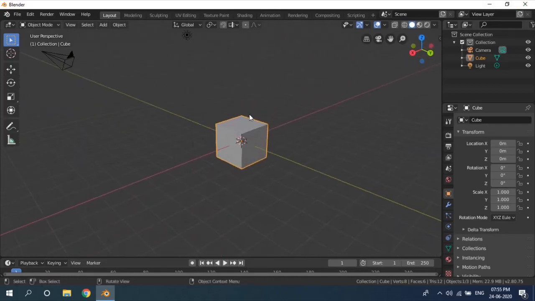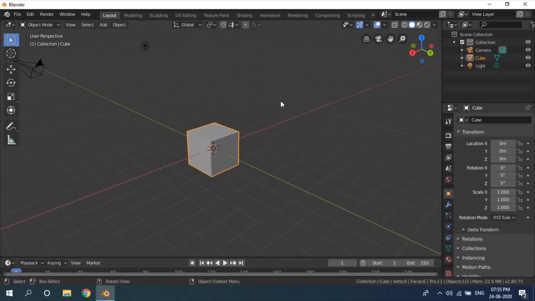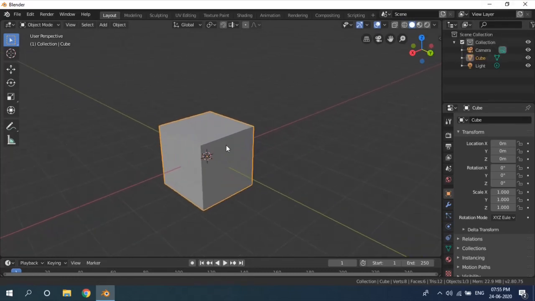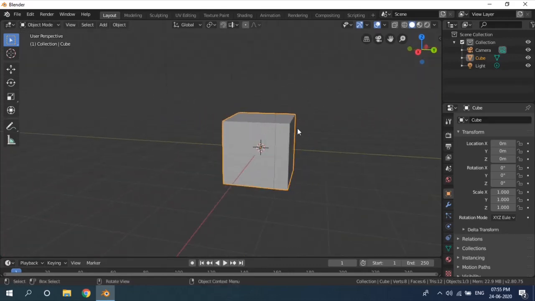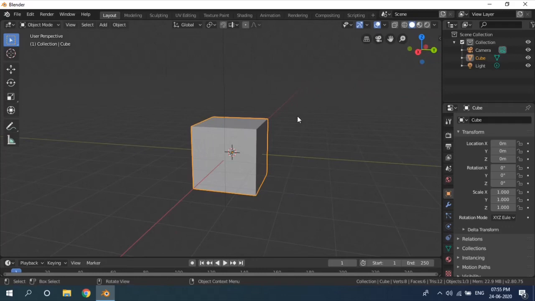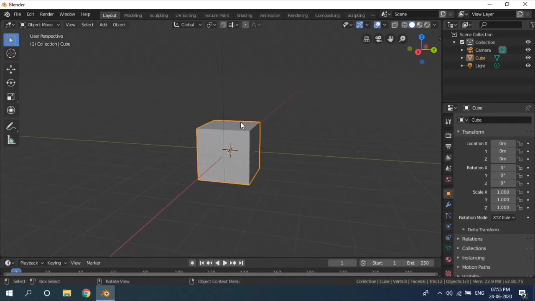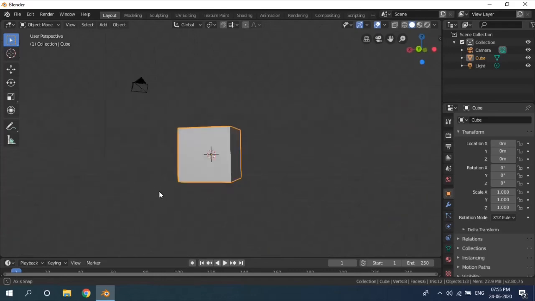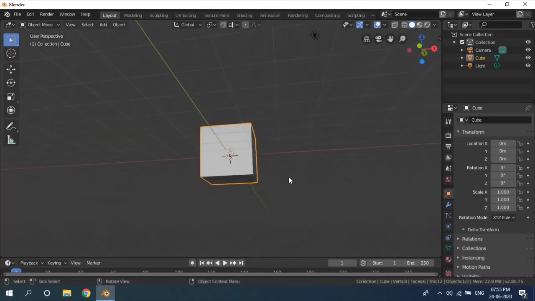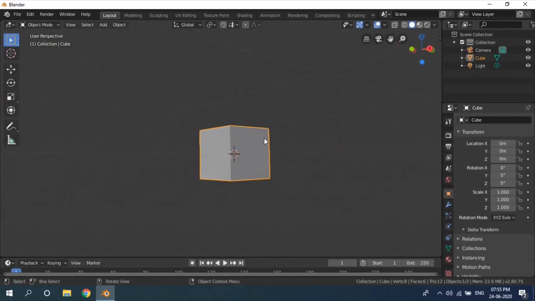So first off, when you start Blender, you might be served with a screen where you create your file. After that, you are served with a default cube. How you navigate in Blender is basically you use the middle mouse button. You hold it and you revolve around the object. You do Shift plus middle click to pan around, and Alt plus left click to revolve around. There's another way to revolve around apart from the middle click.